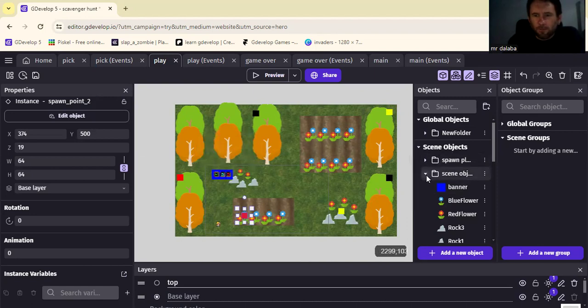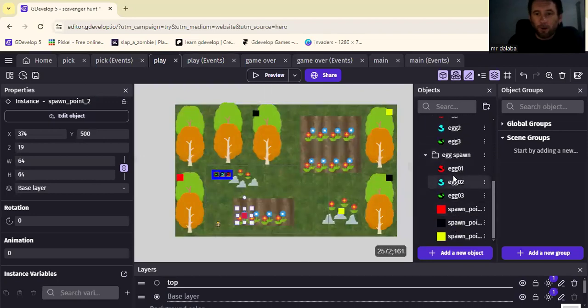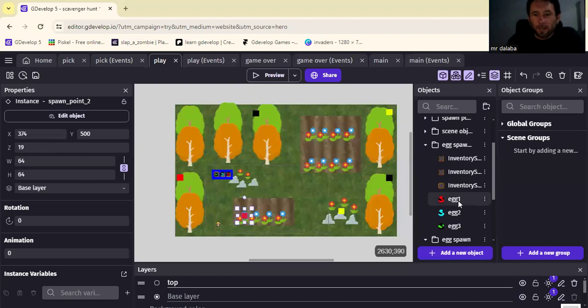And we have different eggs. So we have the inventory eggs, and then we have the spawn eggs. I named my spawn eggs egg 01 and my inventory egg 1, so I know the difference. So we're going to want to hide these, and